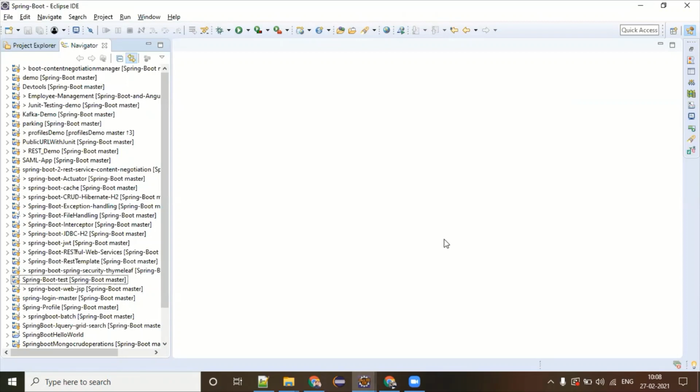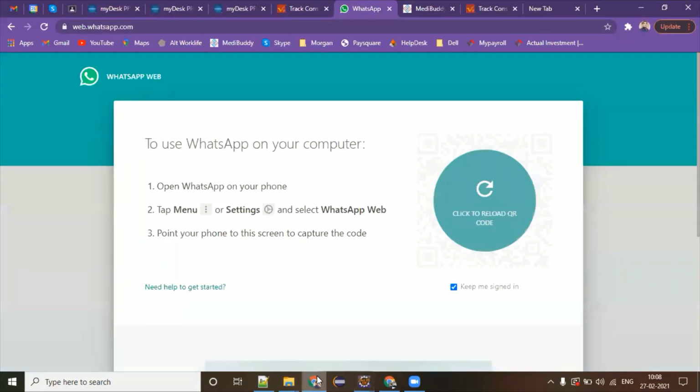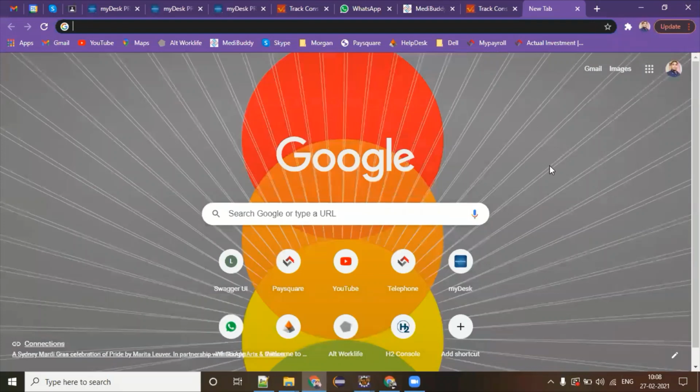Let's move ahead, and today we're gonna see, in real-time projects, what is the best approach to work in a Spring Boot application, and from where we're gonna get the setups and all. So in this class we will be talking about from scratch how we can create a Spring Boot application, and under that Spring Boot application how we can write our own custom logic. All the practical things we're gonna see in today's class.